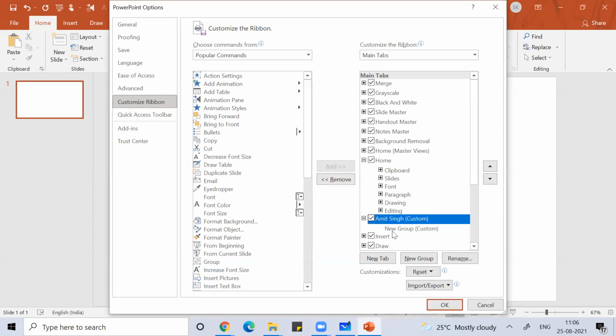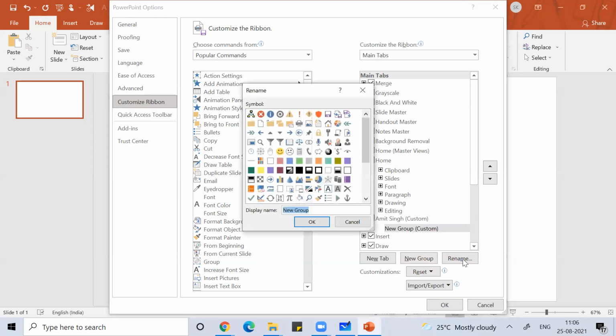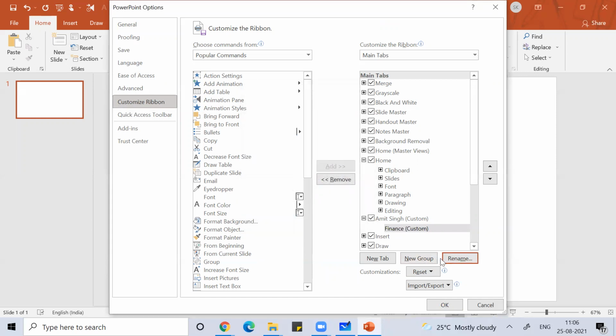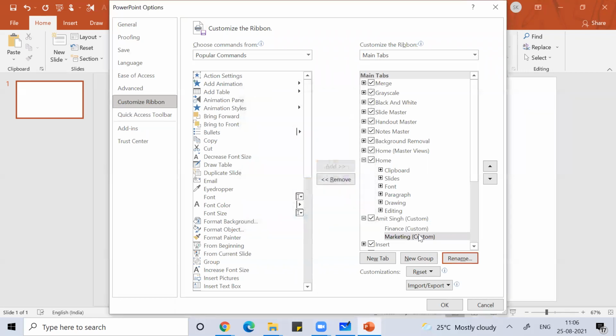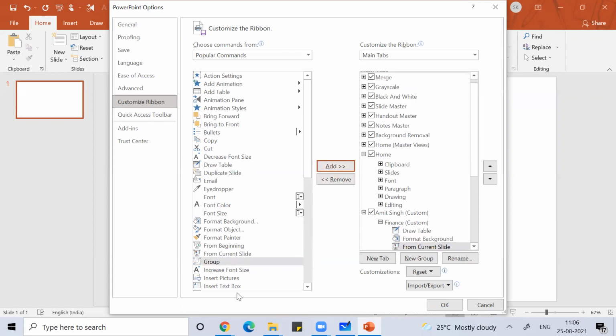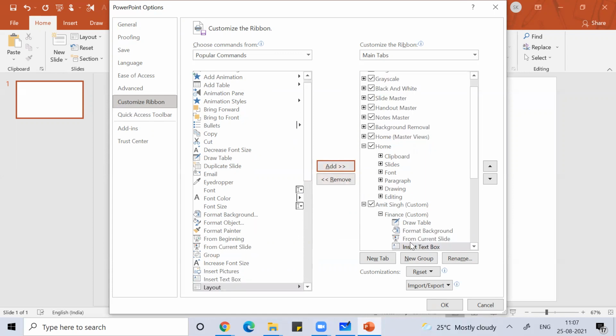Now under this tab, you can create groups and rename each group. Suppose the name of the group is Finance. Then I created one more group, and the name of this group is Marketing. Like this, you can create groups and add more and more functions inside them.